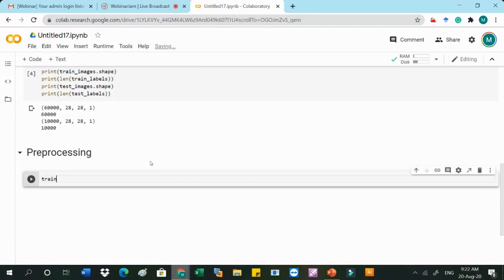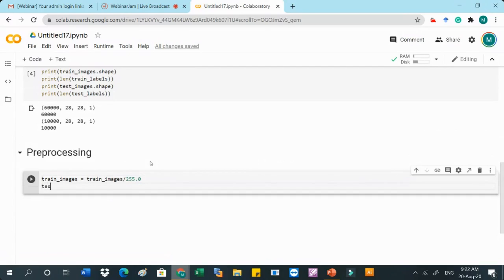We have to normalize: train_images equals train_images divided by 255.0. And similarly for test images, we will normalize both data sets: test_images equals test_images divided by 255.0. So this is the pre-processing.